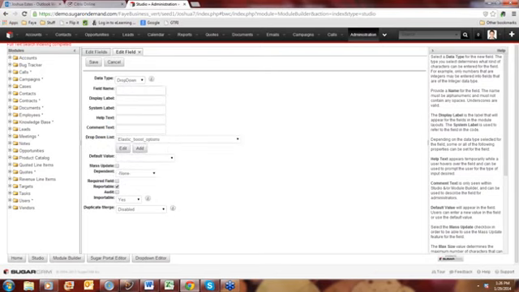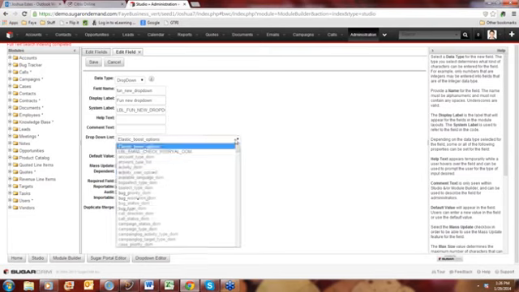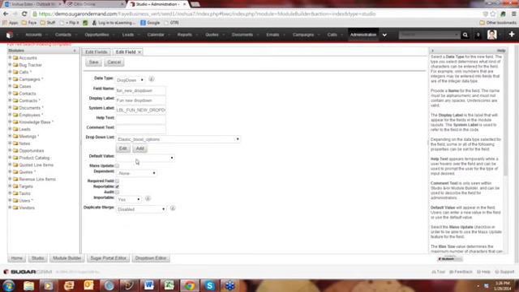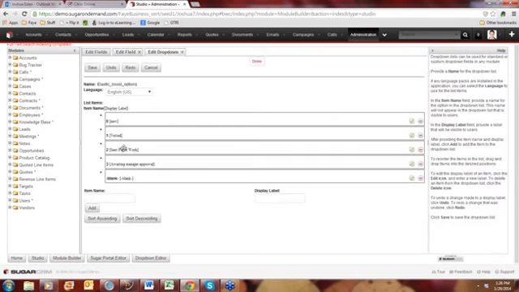So now I name my field. We're going to call it fun_new_drop-down. There's our label. So I had to put the underscore there to signify the spaces. And now I can select from any of my existing drop-down fields that maybe I've created in the past, or I can go in and I can edit and create a new drop-down field